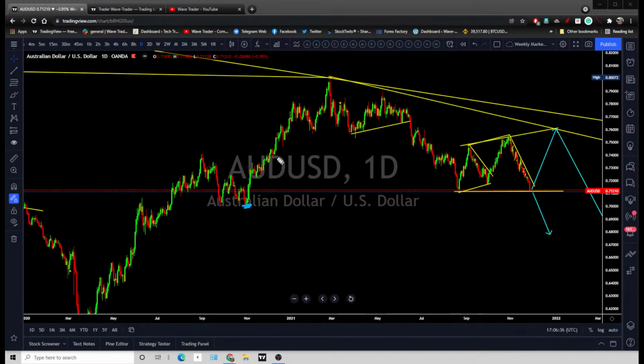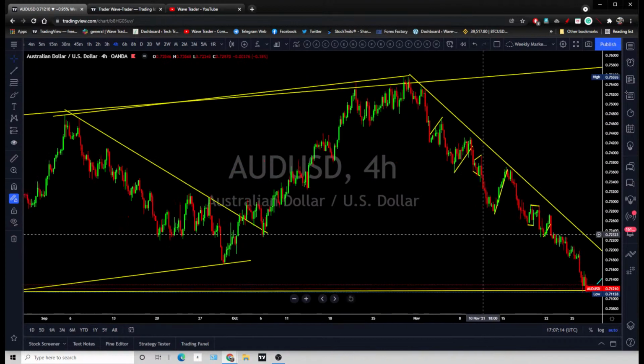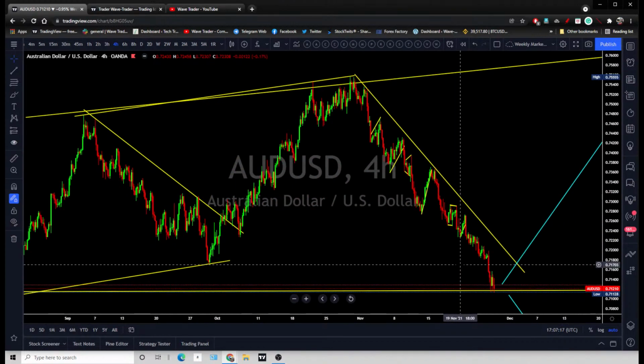So the question is how the market is going to open on Monday, because a lot of developments have happened over the weekend regarding the travel ban. Many countries have announced or taken measures to restrict the spread of this new COVID virus, and that can affect the Australian dollar and the stock market as well. So we may see a quick sharp move to the downside like that, and price can again recover. I personally would not suggest you do anything on this chart, because you have already missed the move from the top. What you can do,